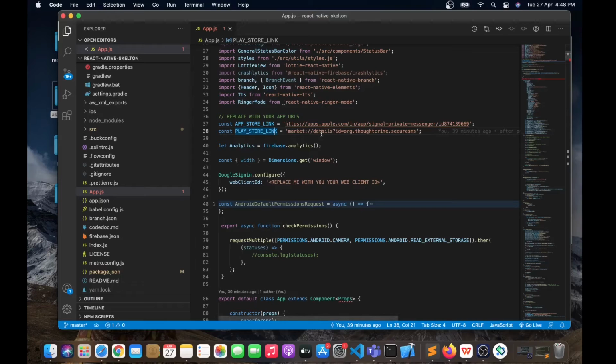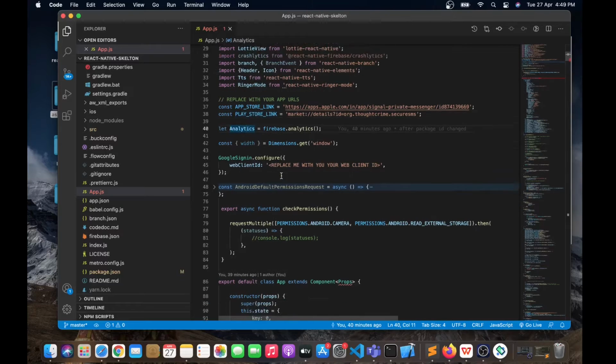In that case, you have to mention the Play Store link of your current application over here. And during the execution of the code, we are firing an API request, and we will get to know what is the latest version of the application that we are having, and it will make the user force update the application from the Play Store.